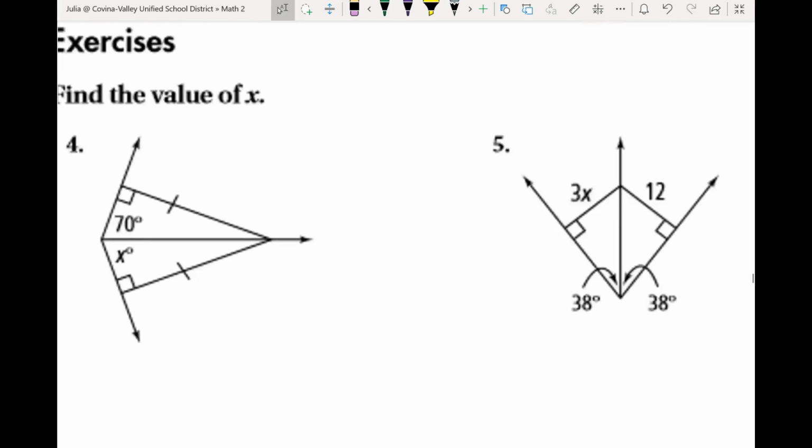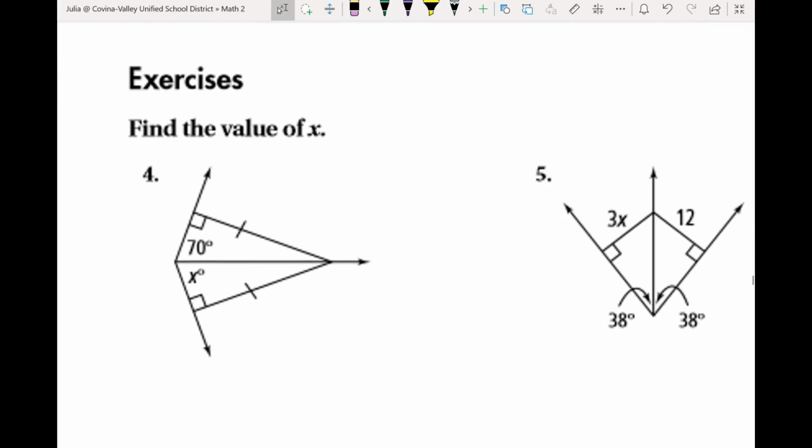All right, so number 4, what do you know? Do you know that the angles are bisected, or do you know that there's a point that's equidistant to the two sides? What's given to you in the markings there? There's a point that's the same distance. Good. And 70 is one of the angles. That's good. But what we're given right here is that this side is equal to this side, meaning that this point here is the same distance to this side as it is to this side. And distance is always measured by the right angle. So we know that the point is equidistant